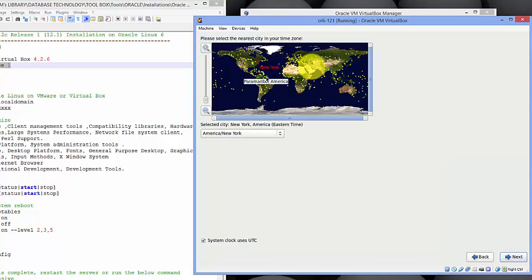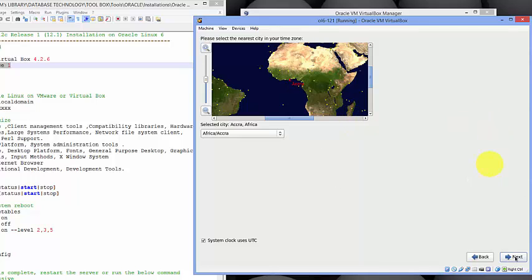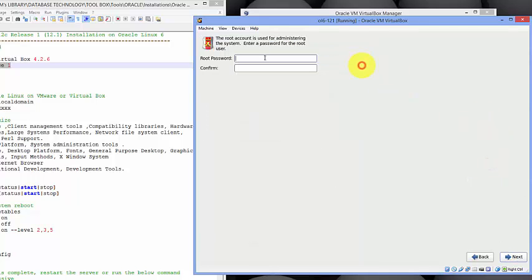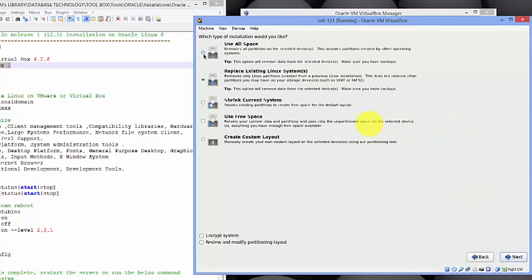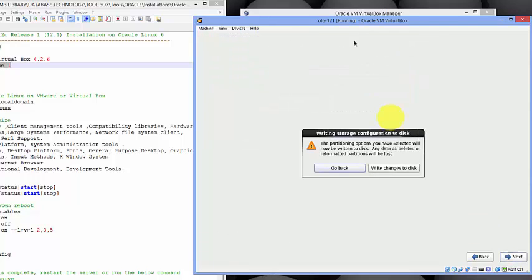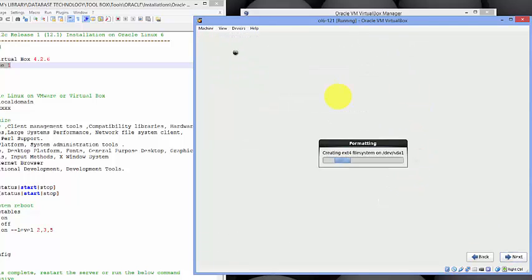And I click next. I choose the time zone. I click next. So at this page, we are asked to set a root password. And then we click next. It's a weak password, but I continue anyways. So you can also modify your partition layout, but for the purpose of the simulation, I'll choose the first option, use all space, and click next. I write the changes to disk,